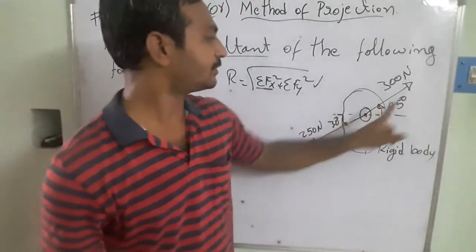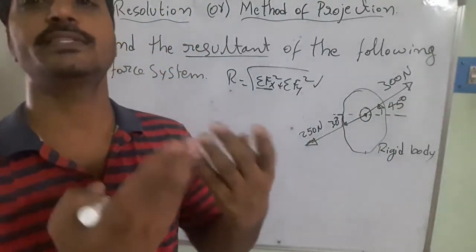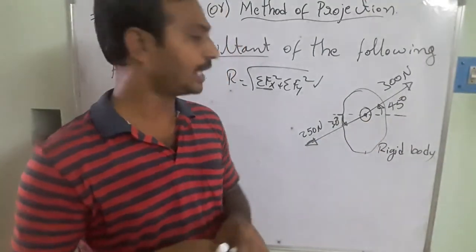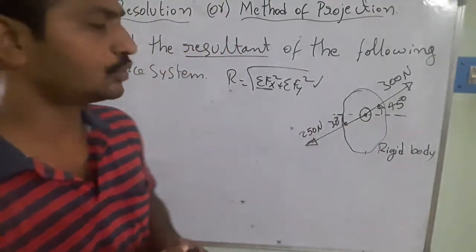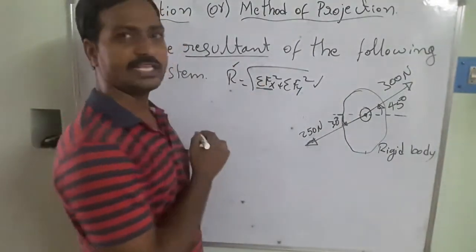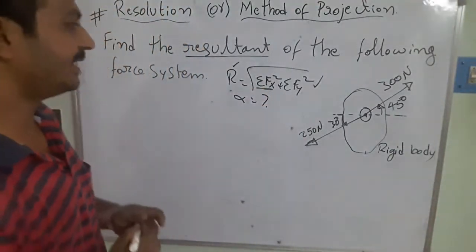That means in this case the two forces we need to convert into one horizontal force and one vertical force, but in this case these two are acting at an inclination. So then the same process we are going to be using for this part. So once we are getting these, automatically the resultant component you can easily calculate, and similarly alpha also we can calculate. So what is the given data in this case?